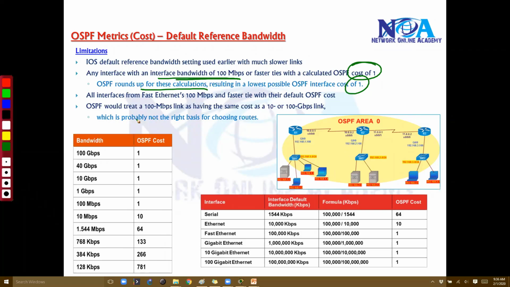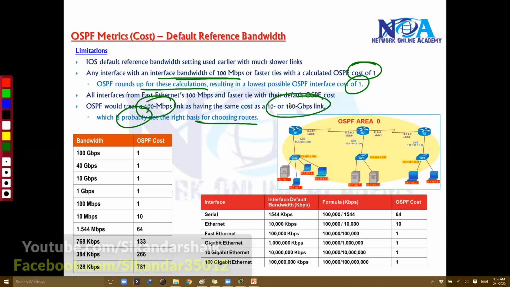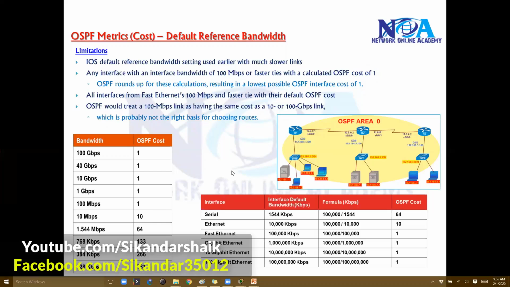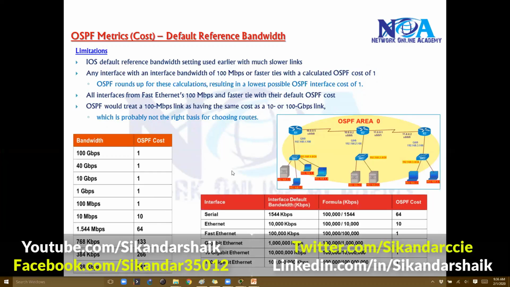So that's really not right, especially when you're deciding the best routes, because when you are having a 100 Mbps link or when you are having 10 gig or 100 gig links, you don't want them to be considered as the same cost. So in that scenario, you probably prefer the older options,